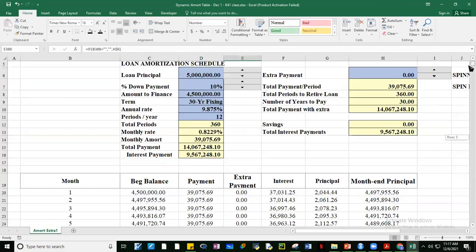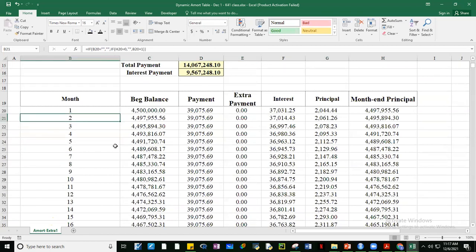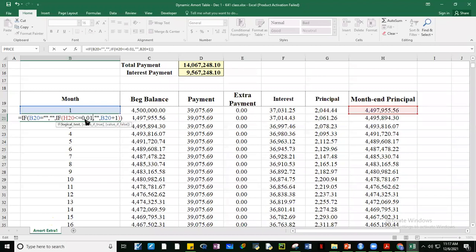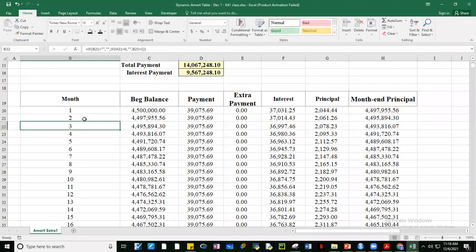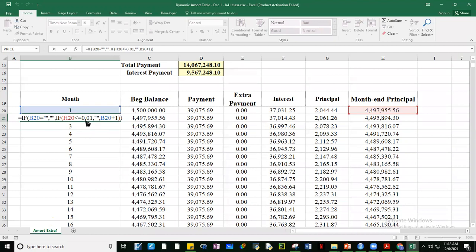Did I copy the formula? Why did it not change? Okay, sorry. Less than or equal to 0.01. Okay, hindi ko yata na-enter kanina, guys. Sorry. Okay, so if it's less than or equal to 0.01, okay, I changed the formula kasi kanina is equal